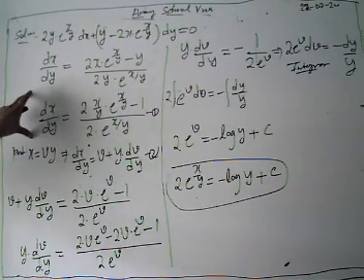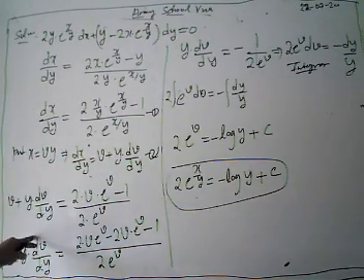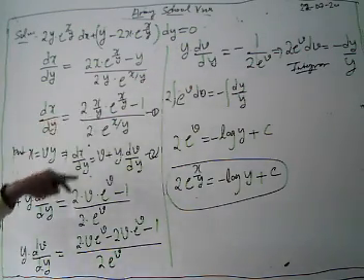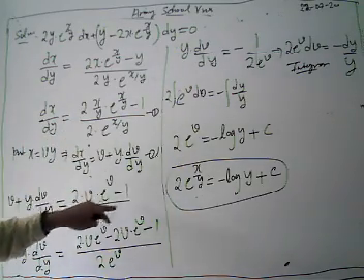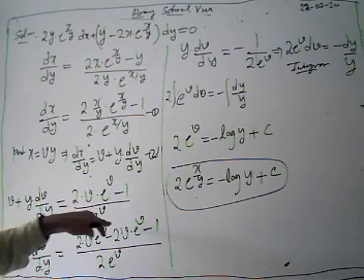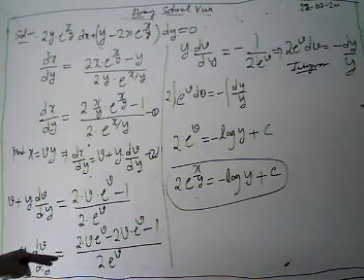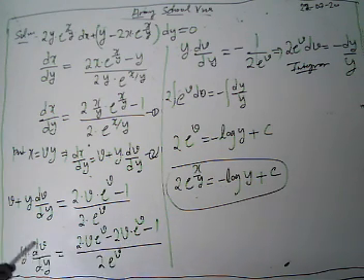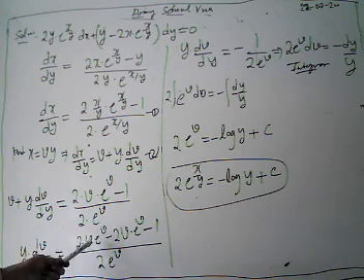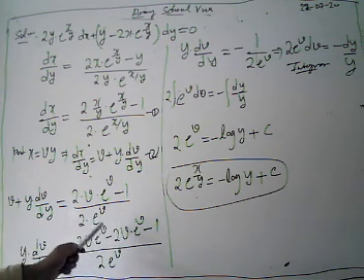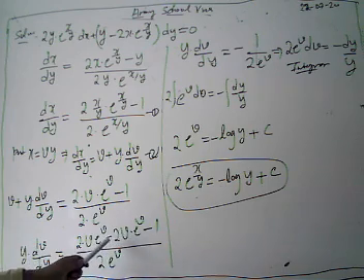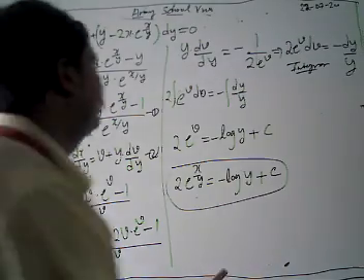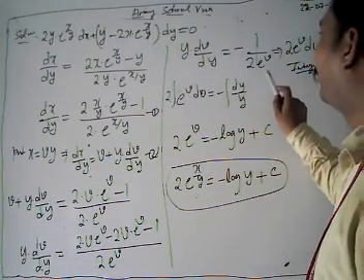From 2, we put dx by dy equal to v plus y dv by dy, and in the place of x by y we put v. Then we have 2v e^v minus 1, divided by 2 e^v. Then we transpose this v to the right-hand side and take the LCM. We have y dv by dy equal to 2v e^v minus 2v e^v minus 1, all over 2 e^v. These terms cancel out each other. Then we have y dv by dy equal to minus 1 upon 2 e^v.